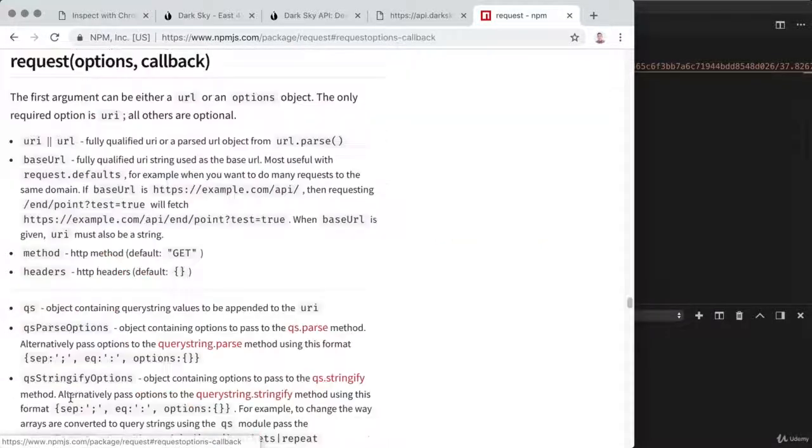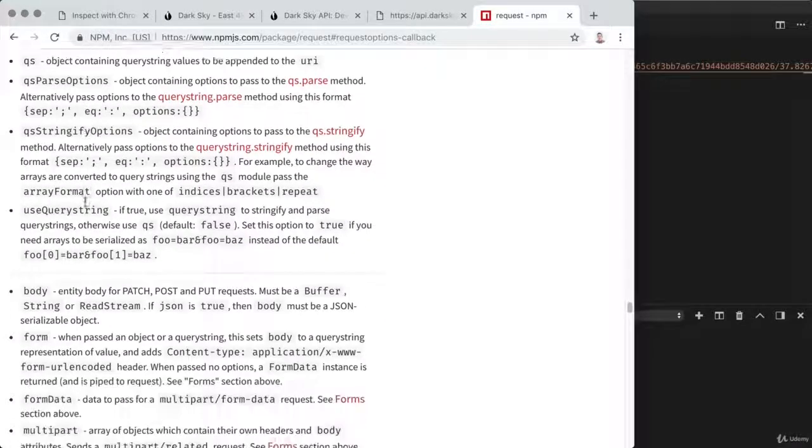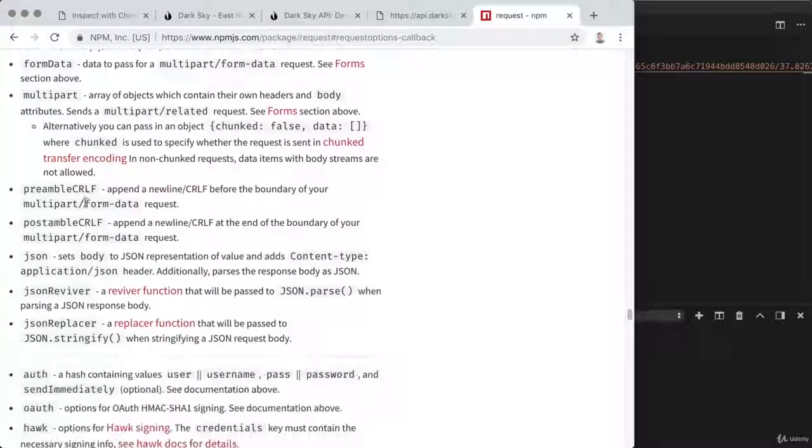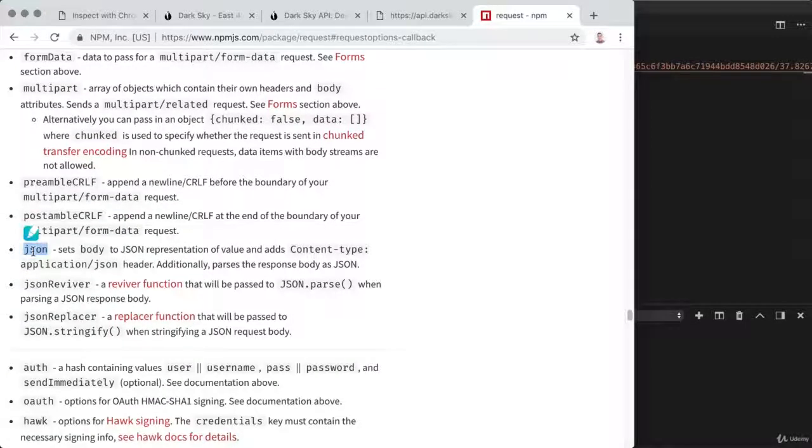If we click this, this is going to list out all of the options we can use. Now up top, we already have the URL option, which we've already used. If we scroll down the list a little ways, we're going to see a JSON option. JSON in lowercase can get set to equal true or false. In our case, we're going to set JSON to true, which is going to have the request module automatically parse